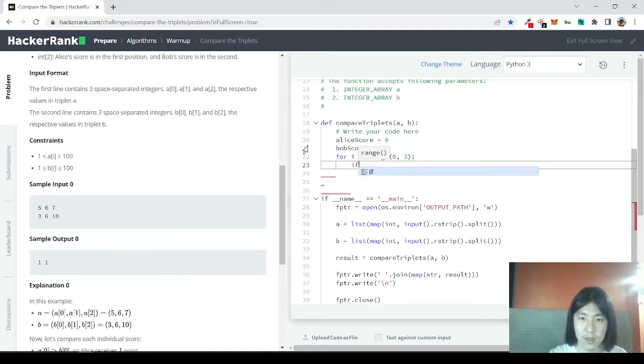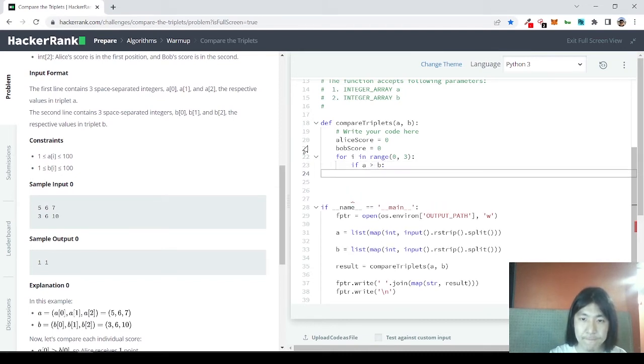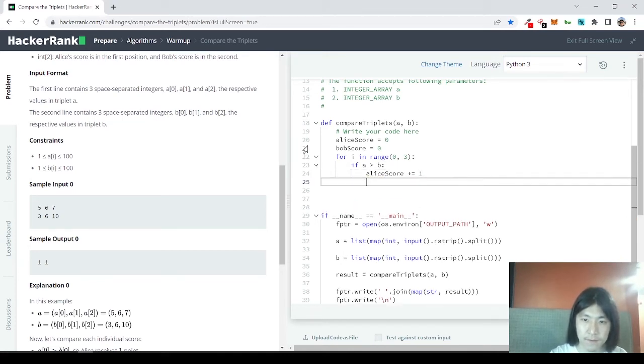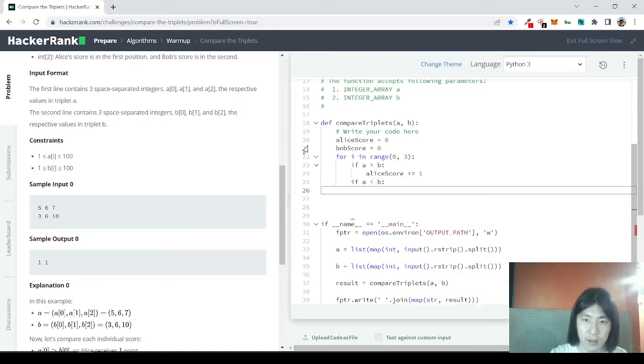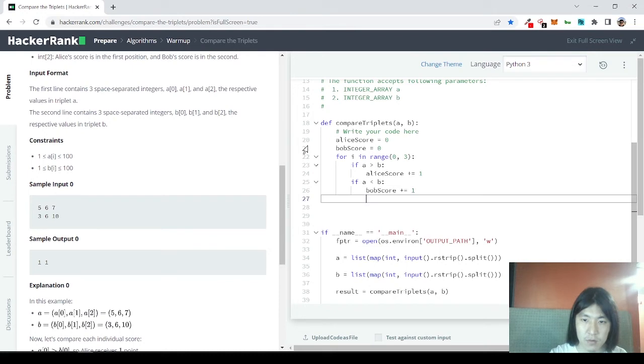Okay, and if A is greater than B, Alice score plus equal 1. If A is smaller than B, Bob score plus equal 1. Plus equal means Bob's score plus equal 1 means Bob's score plus 1. Okay, Bob's score equals Bob's score plus 1, which means it's an update of Bob's score, which means Bob's score became 1 from 0 because you add 1 here. Okay. Else,